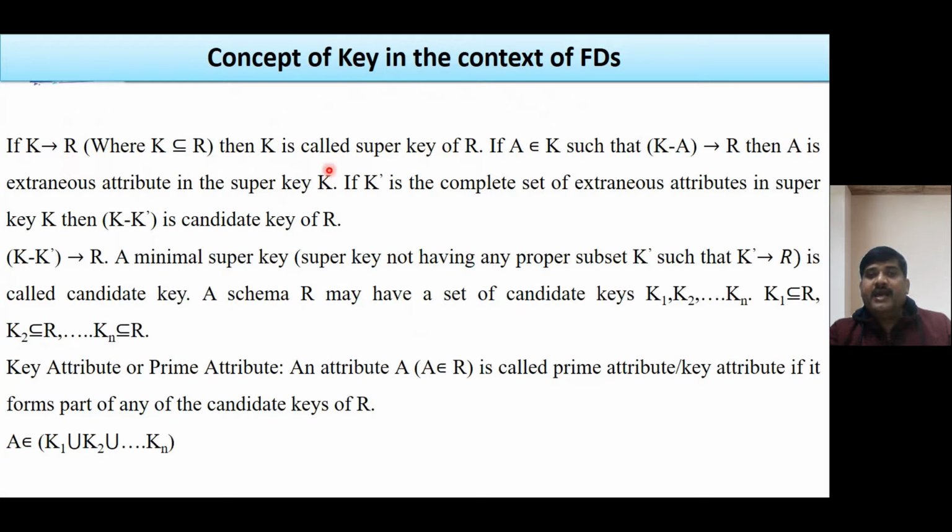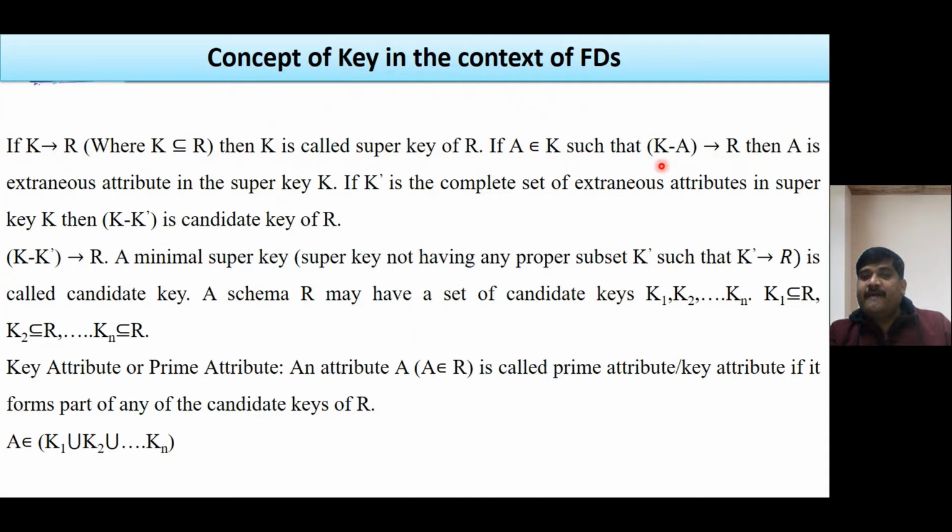But if A is another set of attributes which belongs to K, and if we discard A from K and after discarding this set of attributes, K still determines all the attributes of R, then